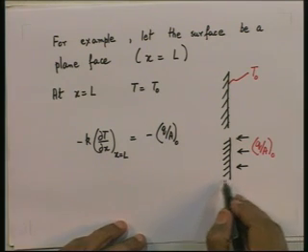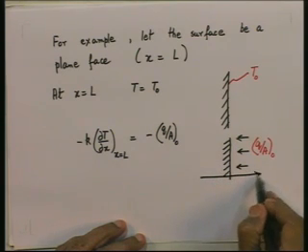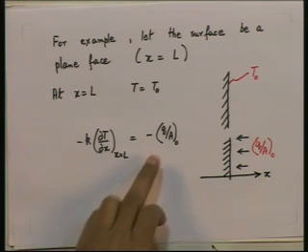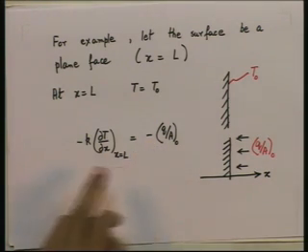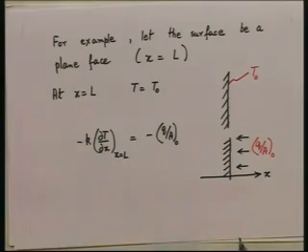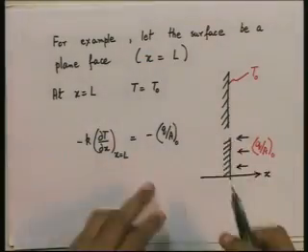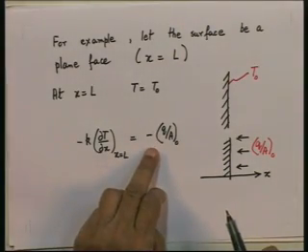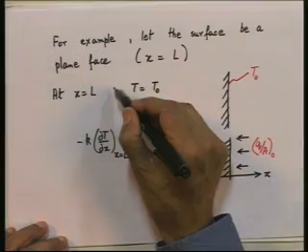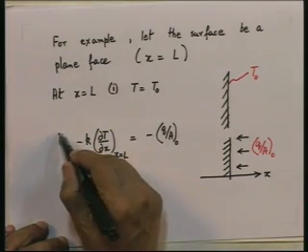And mind you, I am calling this the positive x direction. That is why I put a minus sign on the q by A here. Minus k dT/dx at x equal to L is the heat flux by conduction in the positive x direction. This has to be equal to the q by A falling, which is shown falling in the other direction, therefore it is equal to minus q by A naught. So, this is the second type of boundary condition. This is the first type, T equal to T0, prescribed surface temperature, this is a prescribed heat flux, and the